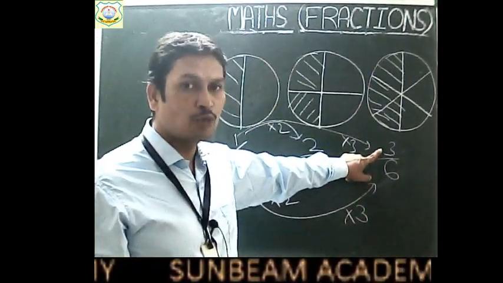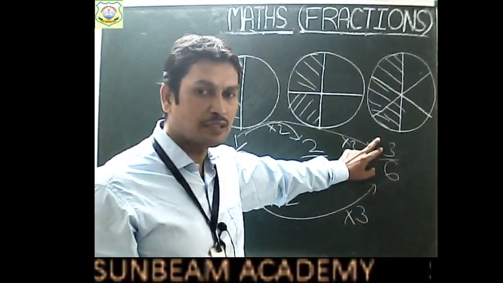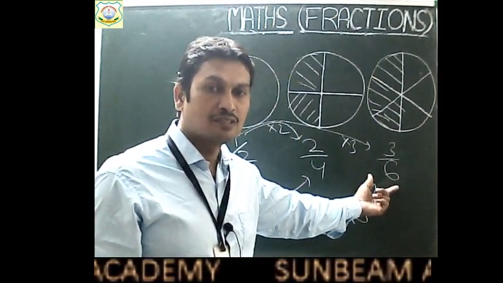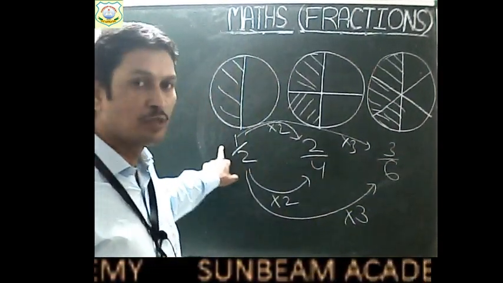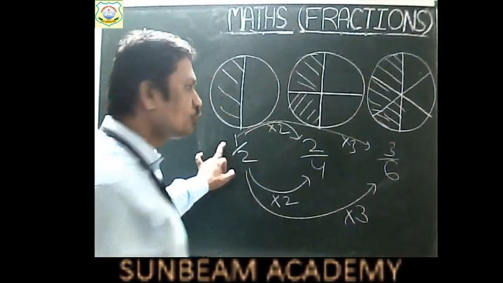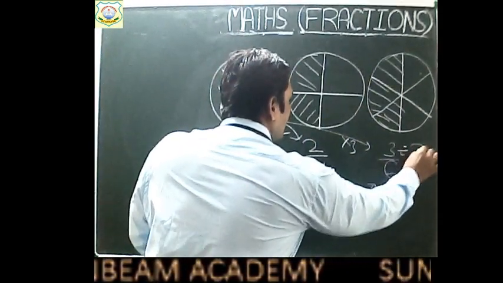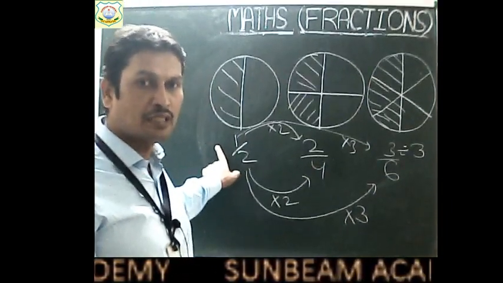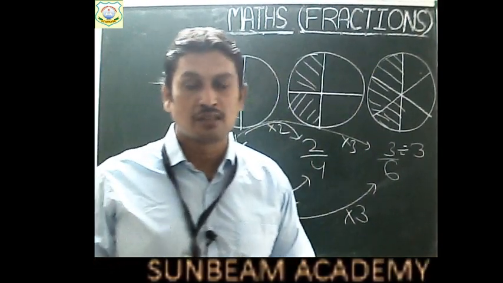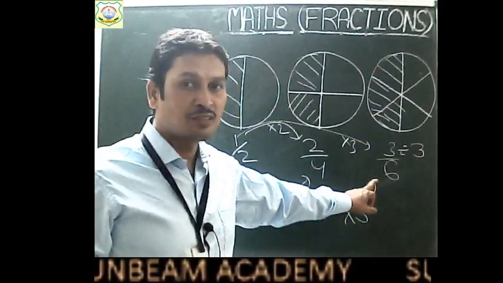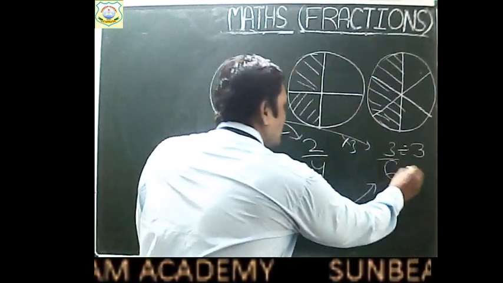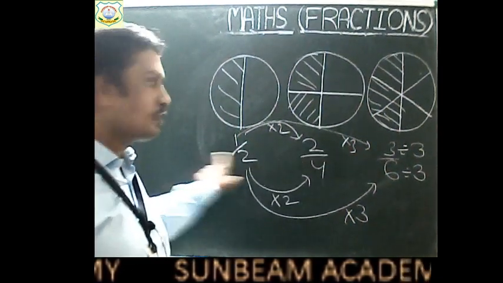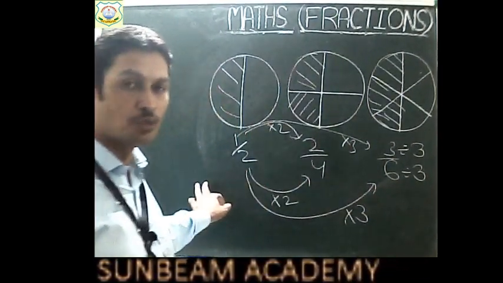Suppose on some day you have got 3 parts, okay, and the total number of partitions on that day is 6. Now children, on the next day you want to get only 1 part, okay? So here you have decreased your demand 3 times, 3 divided by 3. You are asking for 1 part only, okay? Then what will your father do, children? Your father will decrease the number of partitions also 3 times. So he will divide the denominator also by 3. So 3 divided by 3 equals 1 and 6 divided by 3 equals 2, okay?